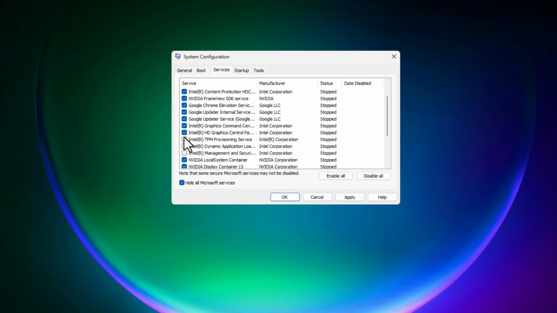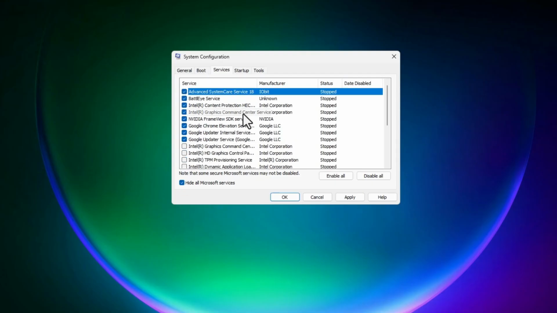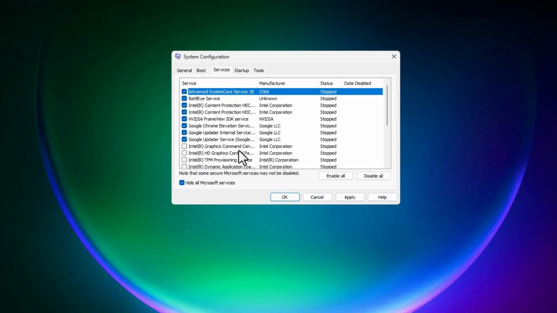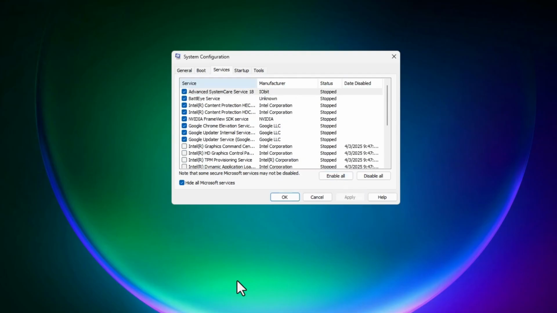If you are on a laptop, just do not disable that. Okay, so once you've done that, just disable unnecessary services, and don't worry if you disable all of them, nothing wrong will happen. It's just services that can run automatically, or you can go back to here and run these services if you are worried about that. Just click apply,